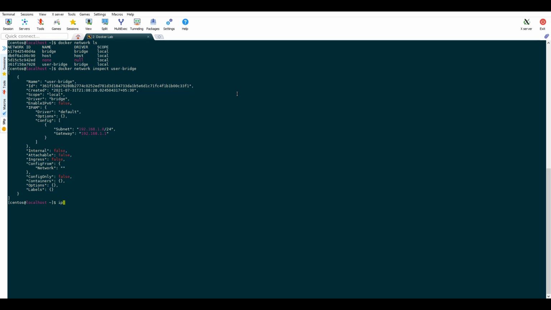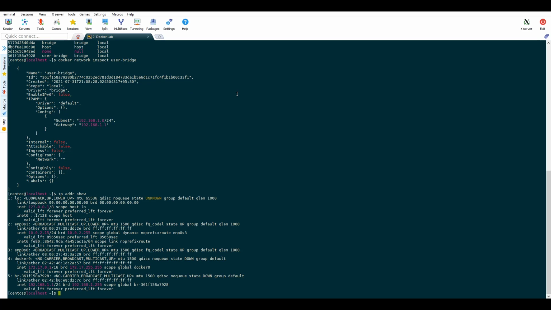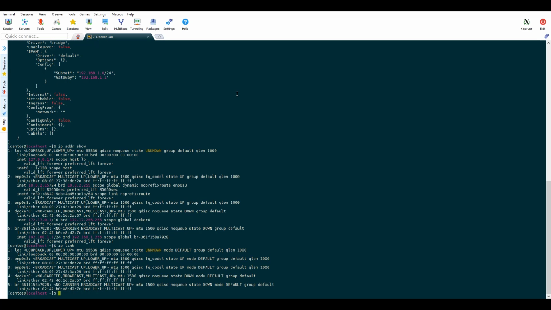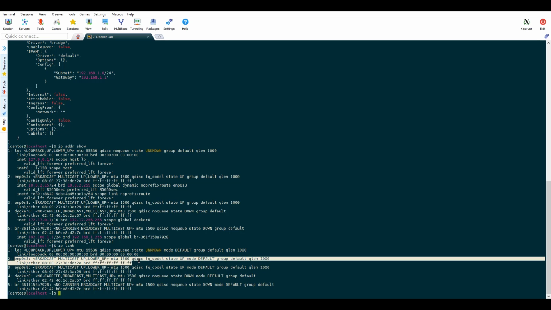Next we will create a MacVLAN type of Docker network. For that we need to use the same command, but we will provide the driver as MacVLAN and the separate option -o where you have to put the parent network. Here we will use ENP0S3 as our parent network.